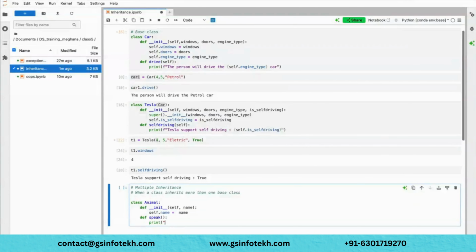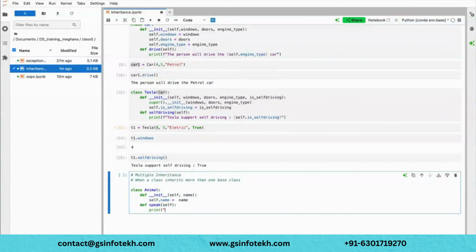I'll write something like this. Maybe here I just need to initialize which method. Self, subclass must implement this method.